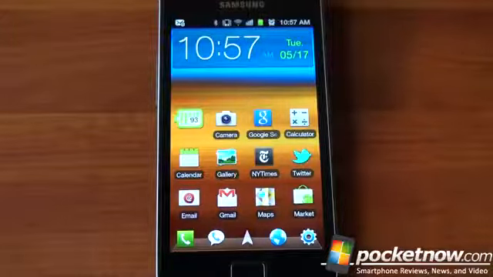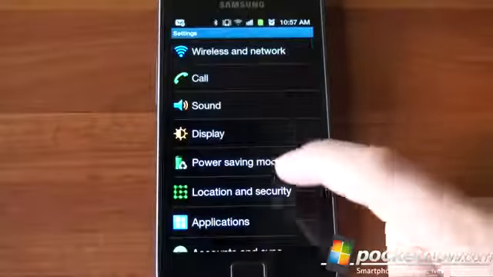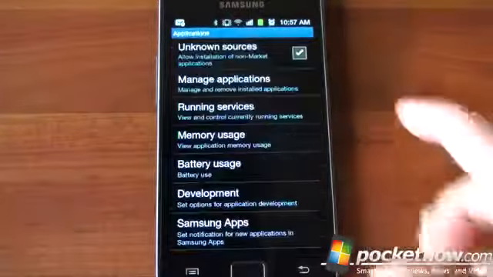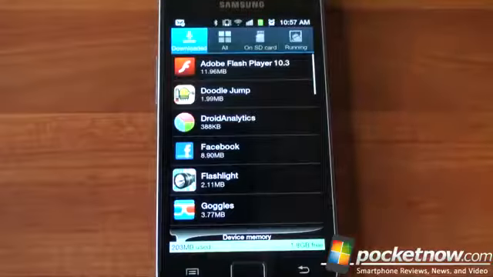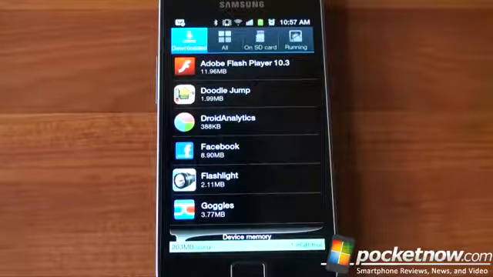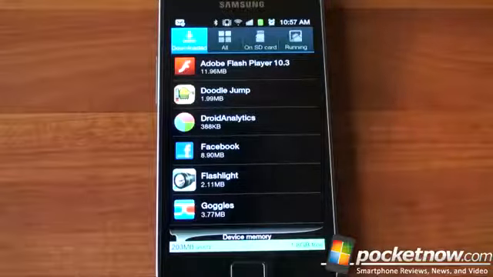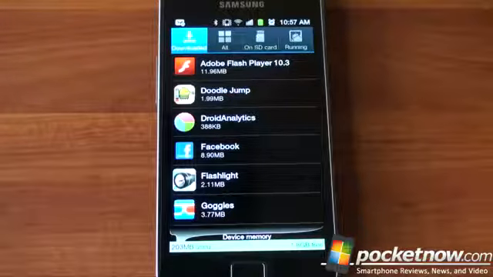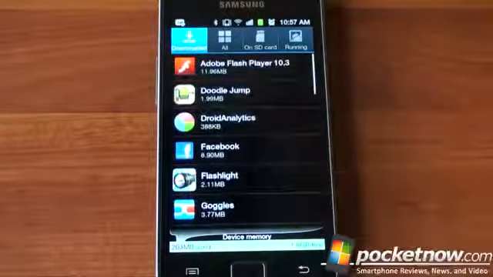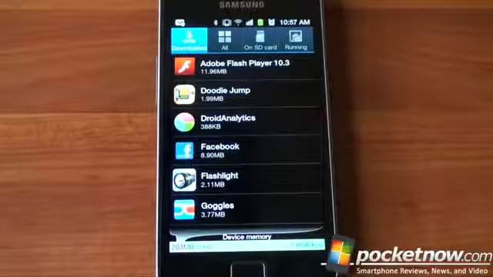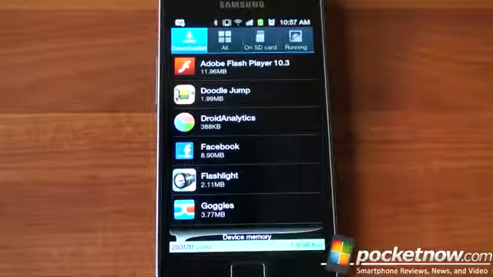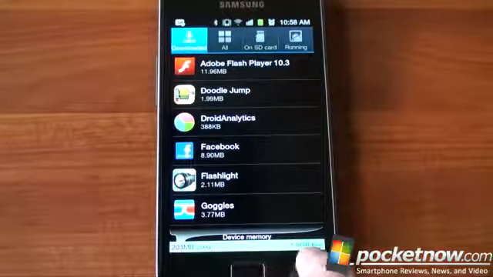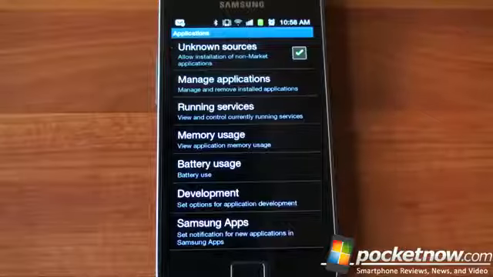Moving on, number 6, limit the amount of installed applications you have. So we're going to dial into applications right here and go to Manage Applications, and in your downloaded applications list, look for the apps that you never use. It's very compelling to go to the Android Market and download this app and this app and this app because most of them are free, but they use up system resources, and a lot of them come with background services that tax your device even when you're not using them. So be sure to go through and uninstall apps that you're not using or ones that you don't use on a regular basis.